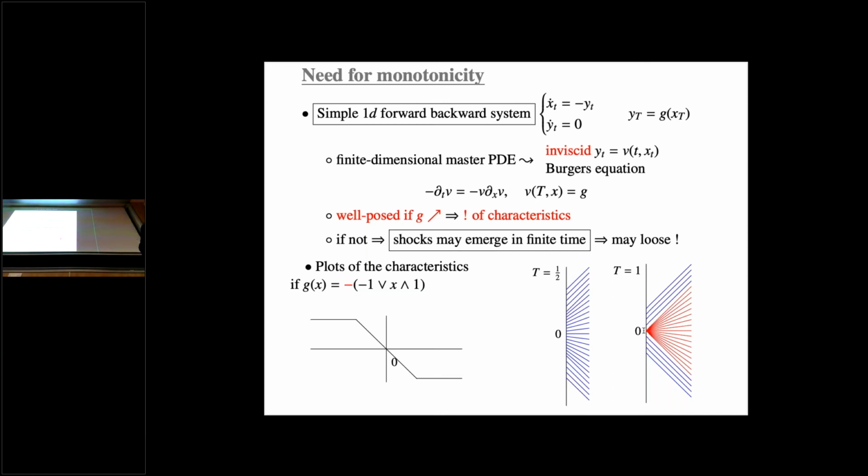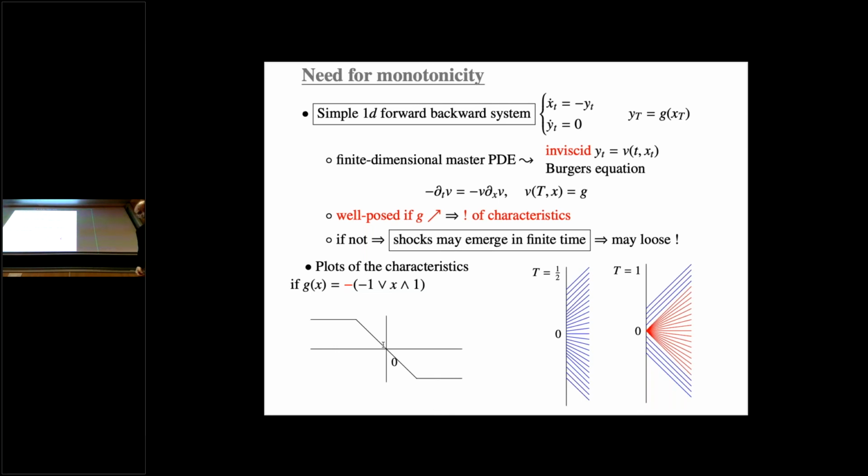I'm losing uniqueness. And in fact, at the level of the PDE, it says that there will be a singularity at 0. The front coming from the left is going to meet the front coming from the right. Since I have a forward-backward system in infinite dimension, I should face similar issues. There is no reason why I could escape this kind of difficulty.